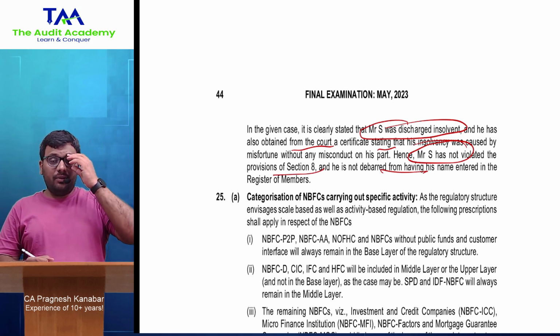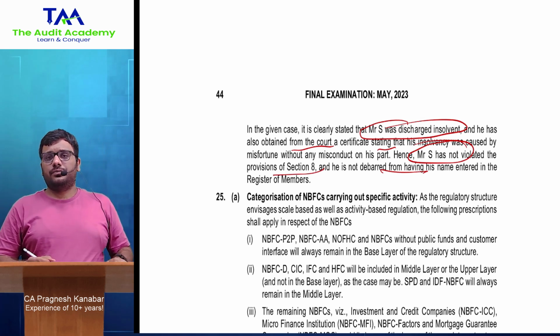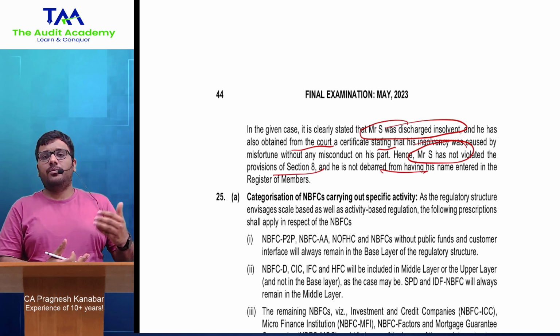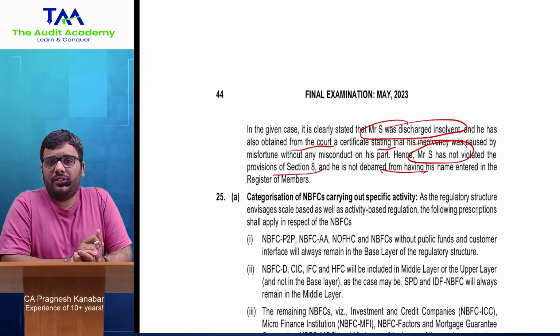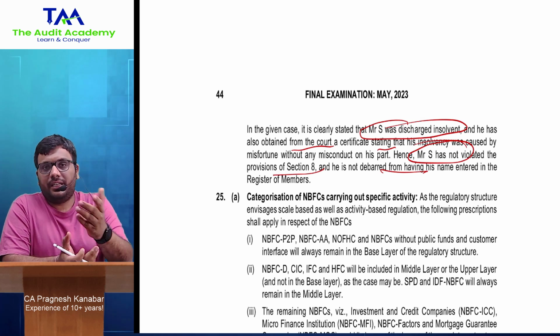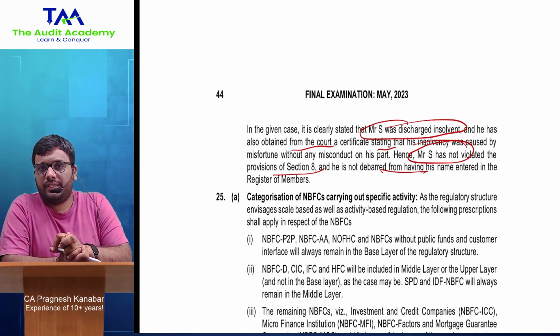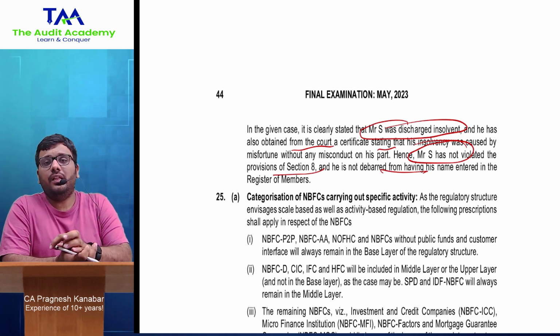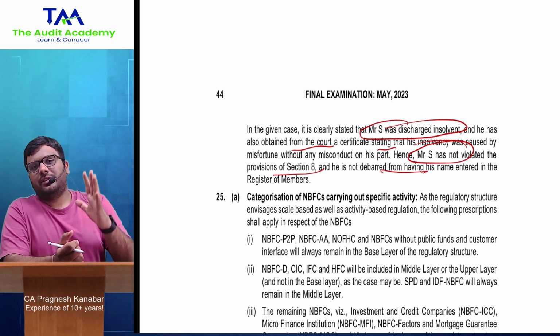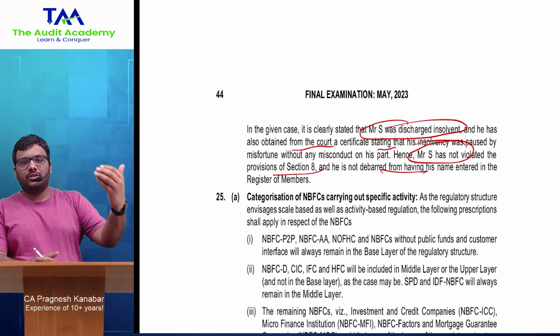तो ये बहुत ही डिटेल में मैं पढ़ाता हूँ बच्चों को कि भाई एक तो मिसकंडक्ट हुआ तो आपका सस्पेंशन हो सकता है रजिस्टर ऑफ मेंबर्स में से, पर वो तो कोई प्रॉब्लम नहीं था, जनरल रेजोल्यूशन वाली एक्टिविटीज कर रहा था. सेकंड, इंसॉल्वेंसी के केस में डिस्चार्ज इंसॉल्वेंट अगर हो एंड कोर्ट से सर्टिफिकेट बाकी है तो फिर भी आपका नाम निकल सकता है. पर यहाँ से तो कोर्ट से सर्टिफिकेट आ चुका है तो फिर यहाँ पे मिस्टर एस का कोई नाम निकालने की जरूरत नहीं है. क्लियरली कोर्ट से सर्टिफिकेट आ चुका है दैट द इंसॉल्वेंसी वाज बिकॉज ऑफ मिसफॉर्च्यून एंड नॉट एनी मिसकंडक्ट.